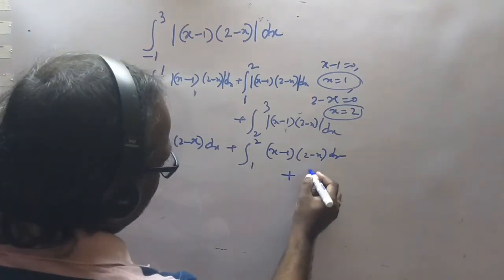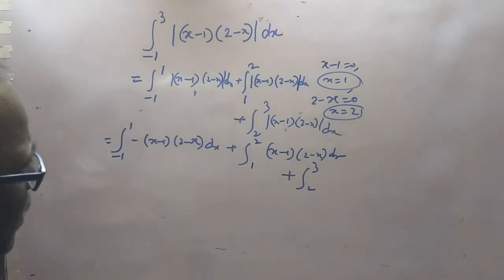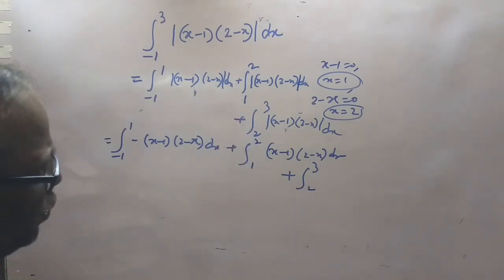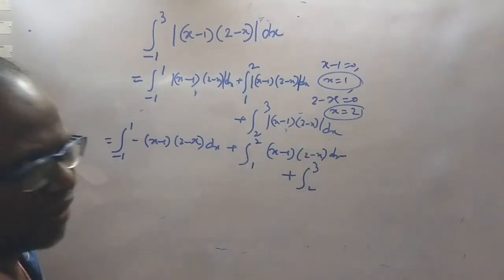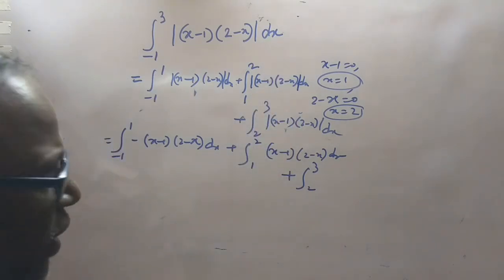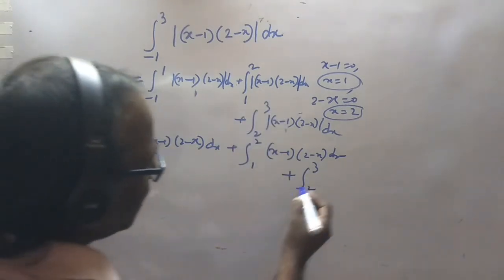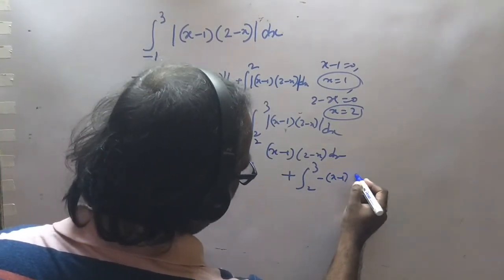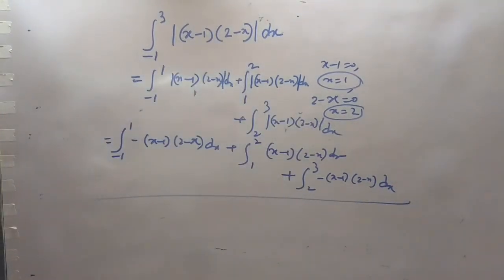And again see 2 to 3. So see here, if you take a value more than 2, like 2.1, this is negative and this is positive. Their product is negative. Again less than 3, like 2.9, negative and positive. Their product is negative. So that's why we have taken the sign x minus 1 and 2 minus x. Okay. Again we simplify this. This is simple integration and finding the value easily. Okay. Bye.